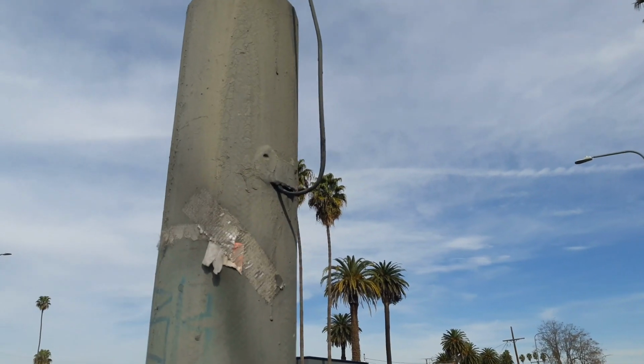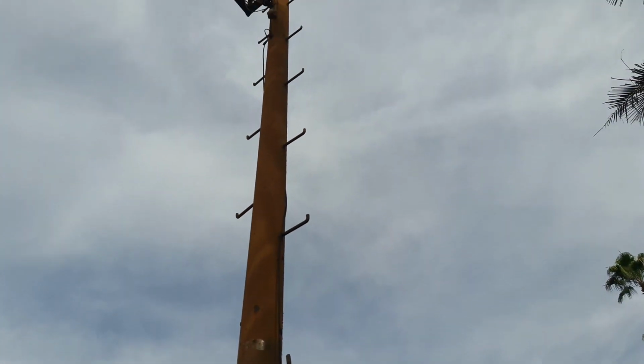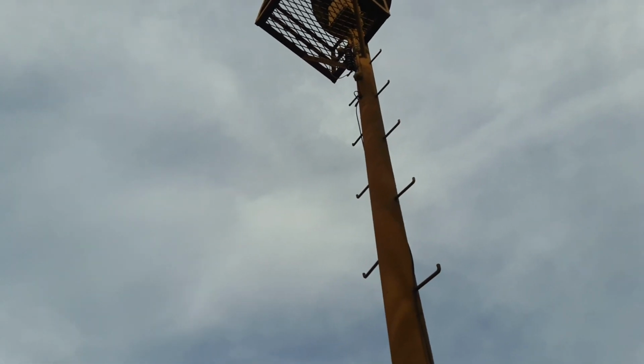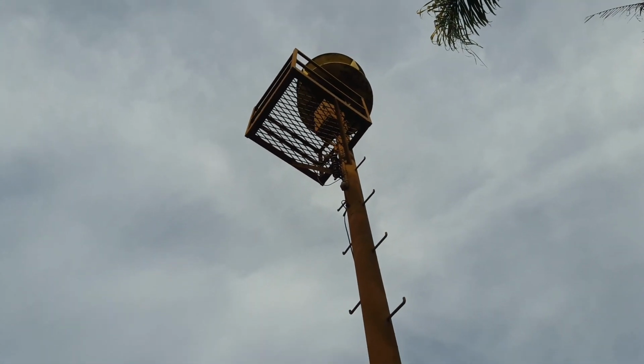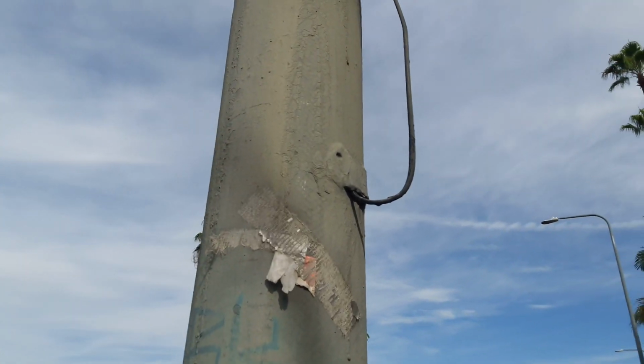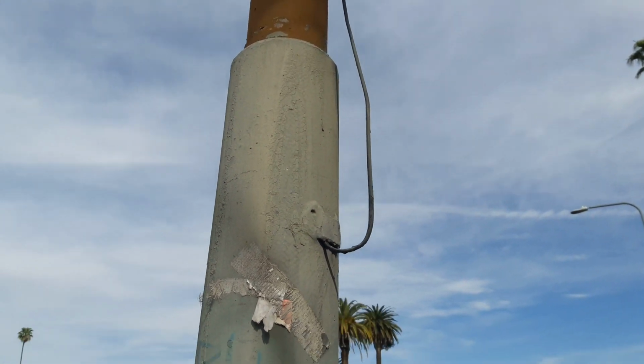Here's the next one, another SD10. It's on the corner of Brea here and Jefferson. And if I can look behind it, right back there, that's the Crenshaw line, the Expo line. Well, I looked over there, and it's got a small cable running down that goes into the pole, and then it's running all the way up to a post, like right about there, and then that's running up into the sirens. So again, these are very thin wires though, so I'm not really sure what it is it's powering. It doesn't look like it's enough